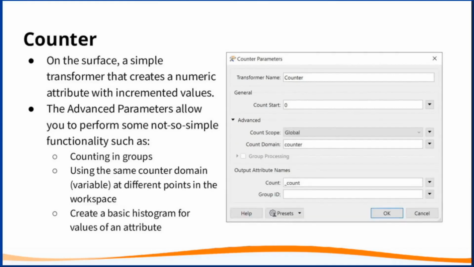Once you expand the advanced section, you should be able to perform some not so simple workflows using this transformer. You see parameters such as count scope and count domain, as well as an option for group processing. Using these parameters, you can, for example, create a unique count for different values of an attribute. You can also count incrementally using the same counter at different points in the workflow. For example, you have features 1 and 2, and at a later point in the workflow, you can continue counting